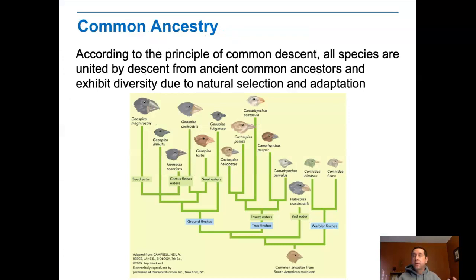So selection suggests a common ancestor, and Darwin came up with this idea that all living things are the descendants of one common ancestor. And again, here's Darwin's finches. You can see they kind of trace back to the original finches from the mainland that came over to the Galapagos, and then mutations created new traits that were advantageous in certain islands. On those islands, they became more common, and we got all the different species of finches that Darwin